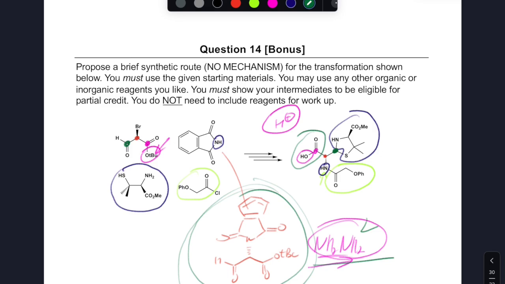Final thing as well is a lot of people thought about doing things like PCC or other adjustments of these two centers. That's not necessary. The green center that I have there is an aldehyde, and that's exactly the same oxidation you have in your